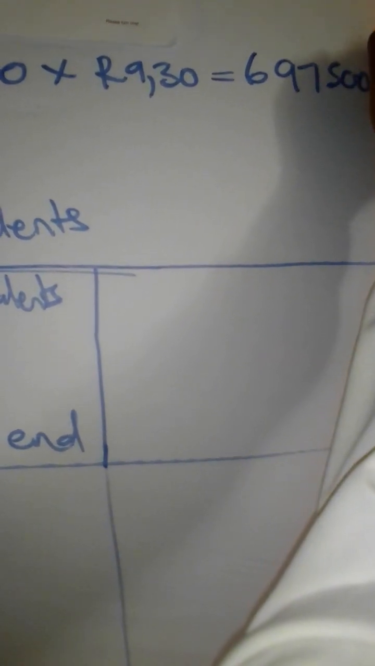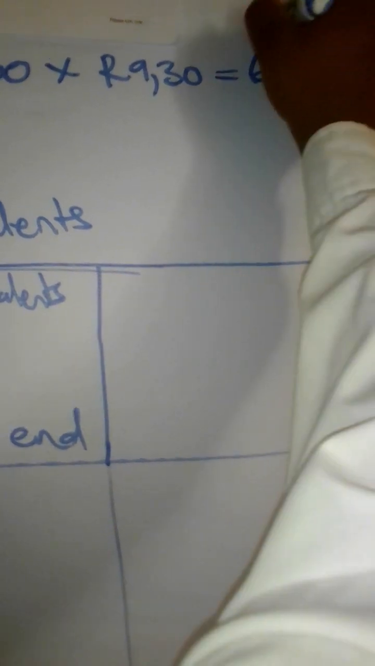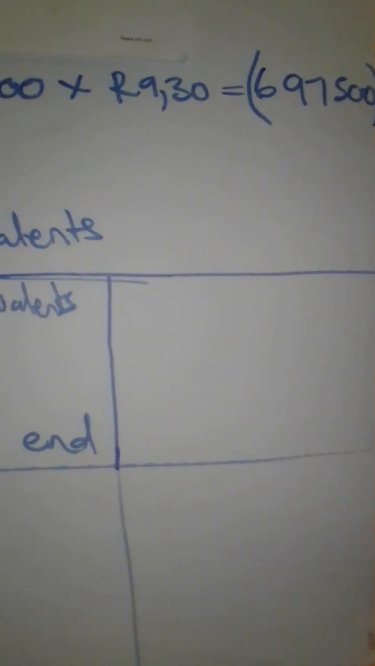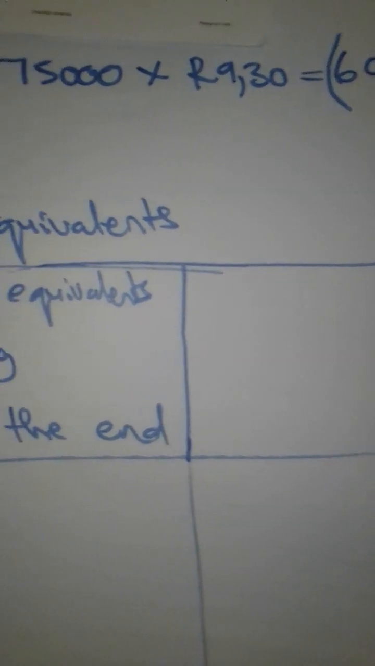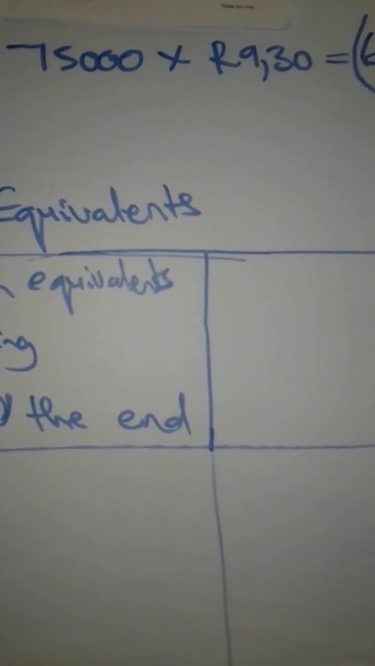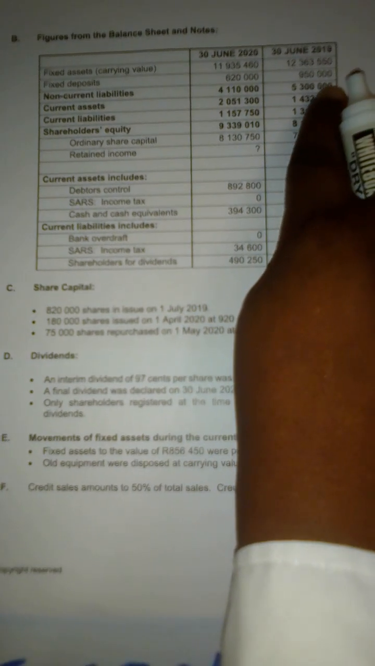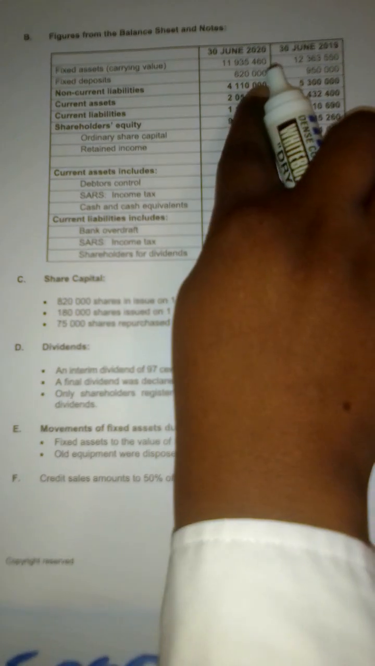697,500. And remember, this is what? This is an outflow. Of course, money was spent to do the repurchase. And then there's also a decrease in loan. That one was simple and straightforward. We look at the loan, the non-current liability. This is our loan. It was 5.3 million to